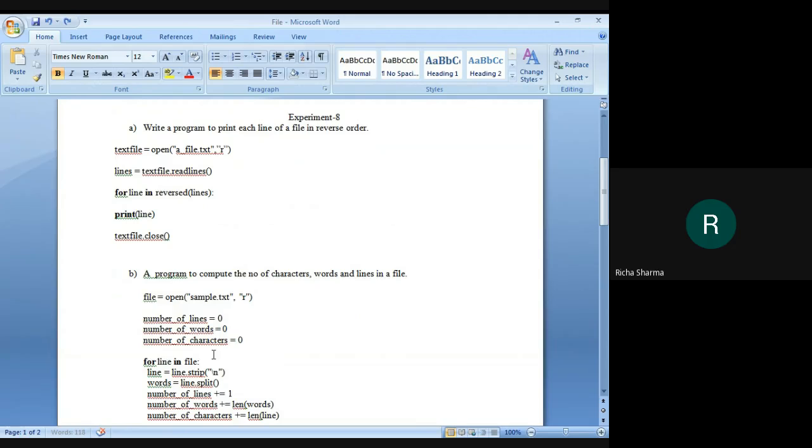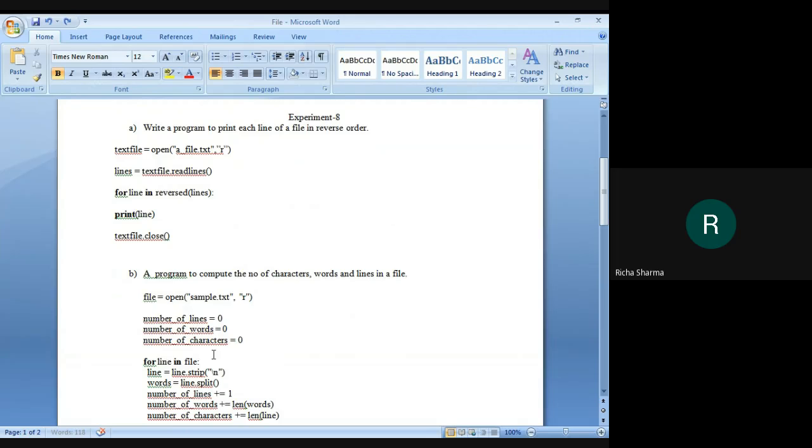Now we are using a for loop to iterate through the file, from the first line to the last line. At each iteration, we are using the line.strip function with \n as characters to strip it from each line. And we are using the line.split function also to create a list containing all the words from the line.